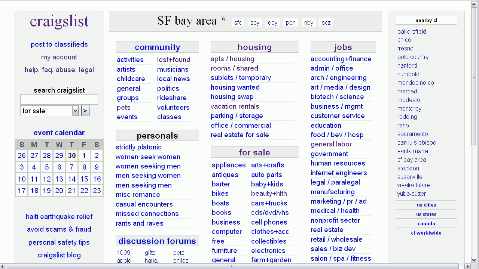Craigslist is an online classifieds. You can find things for sale here. You could find housing. You can find your next job. You could find your next girlfriend, your next boyfriend. You can post lost and found items. So basically,